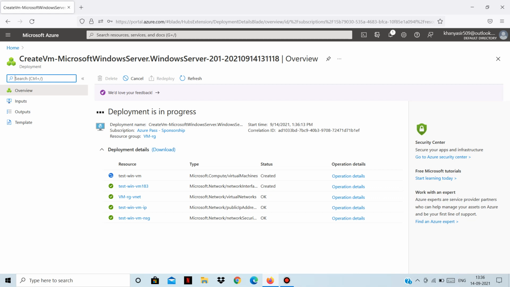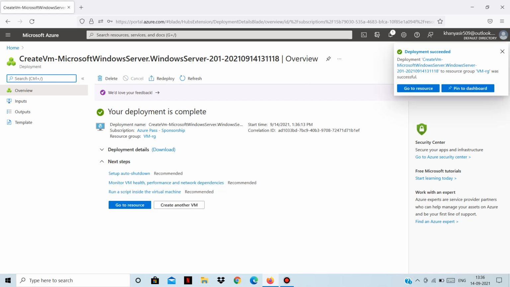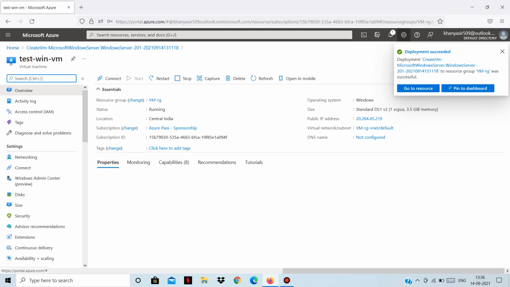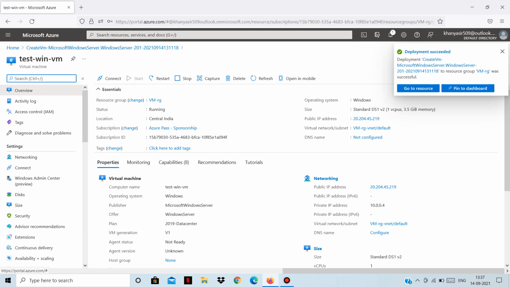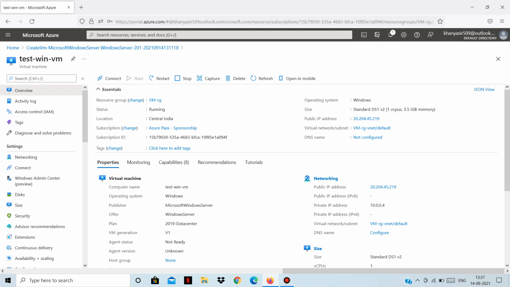So that data center is in the region, what region had we selected? Central India. So this virtual machine is currently running in the Central India region, which is Pune. We can go to our resources from here, and you can see the notification says our virtual machine resource is deployed. Now we can see the various aspects of this virtual machine.